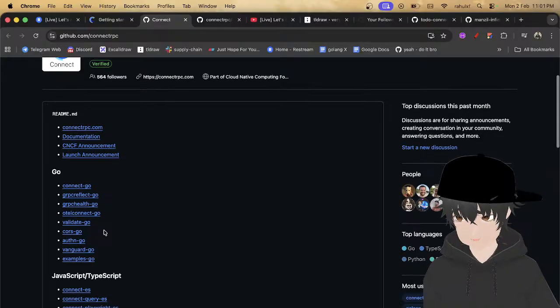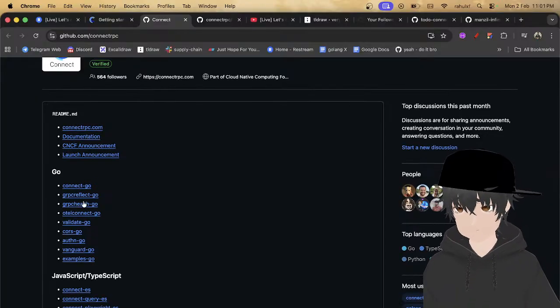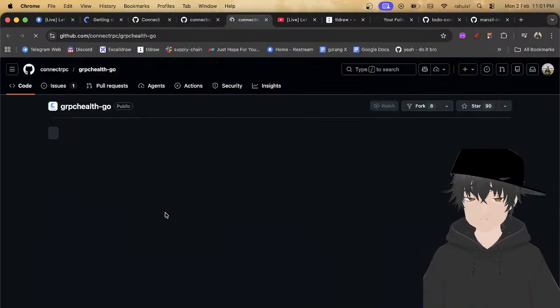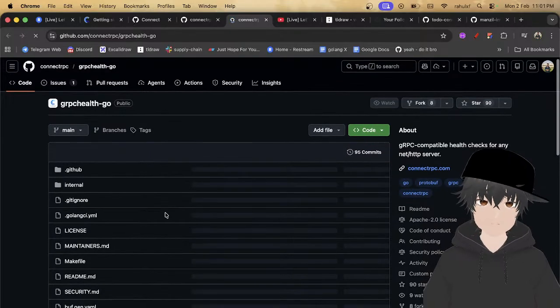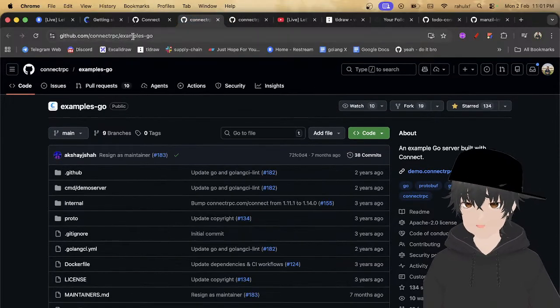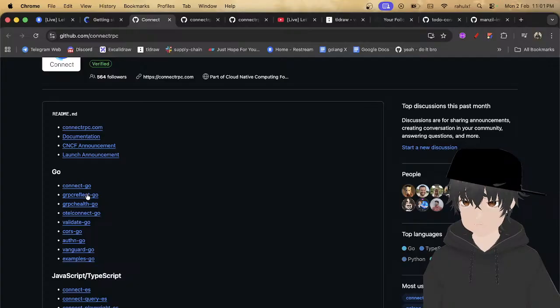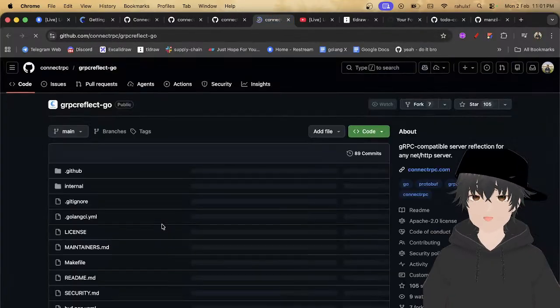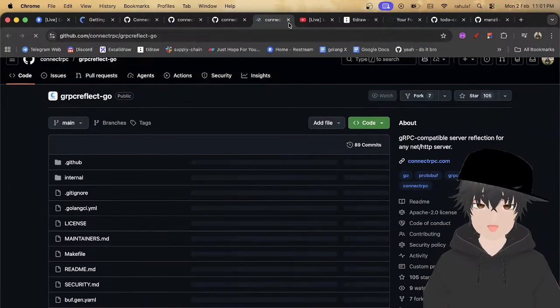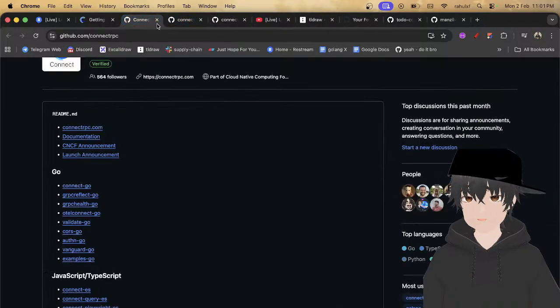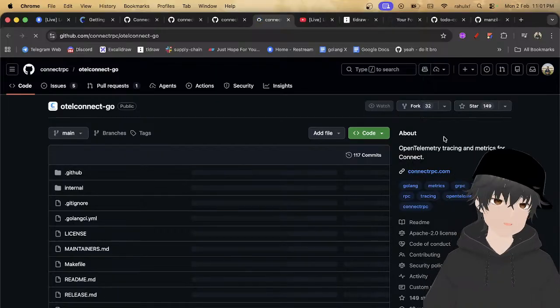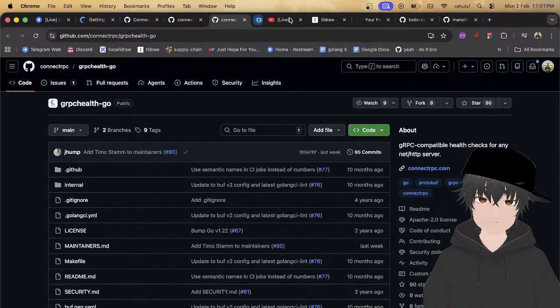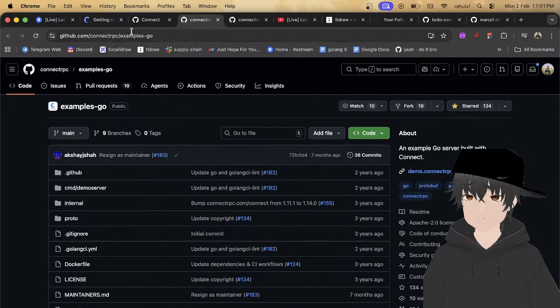One of the most important which I've seen is this one, the gRPC health one. I will be selecting one of the projects which I can look into, which has fewer commits, because fewer commits means there's not much work. OTL, that is around OpenTelemetry.